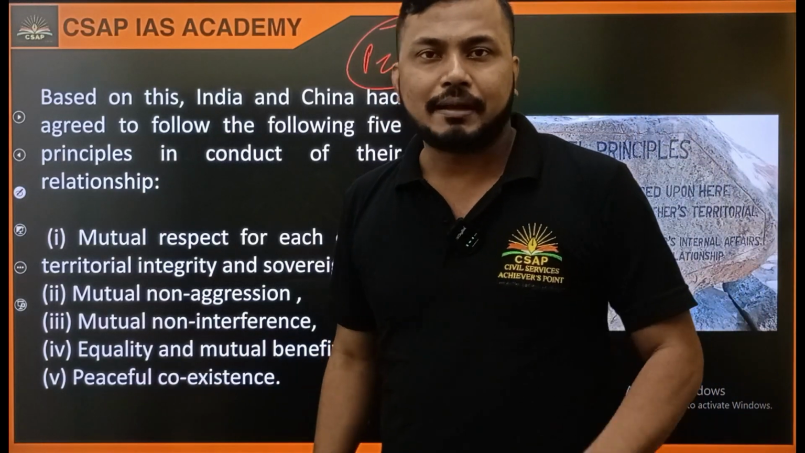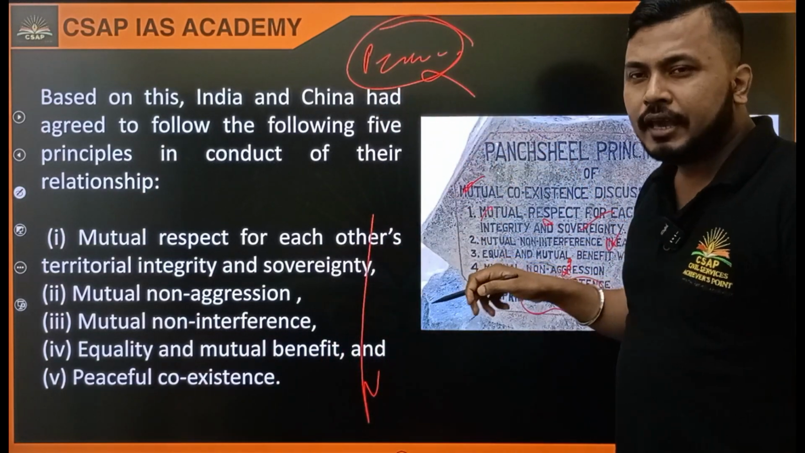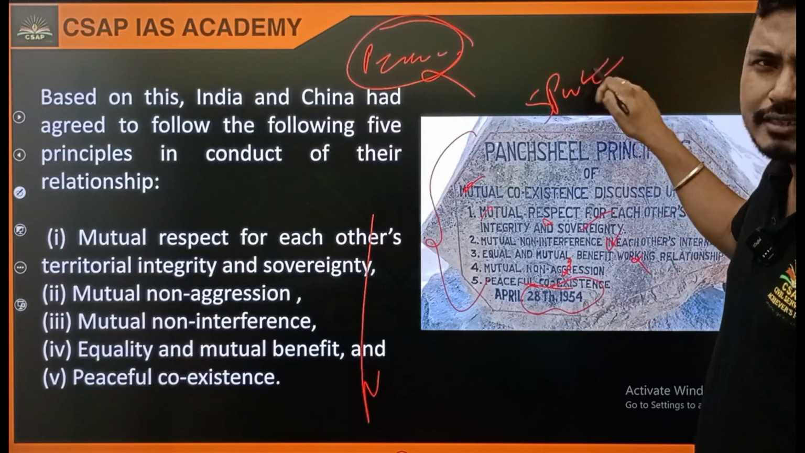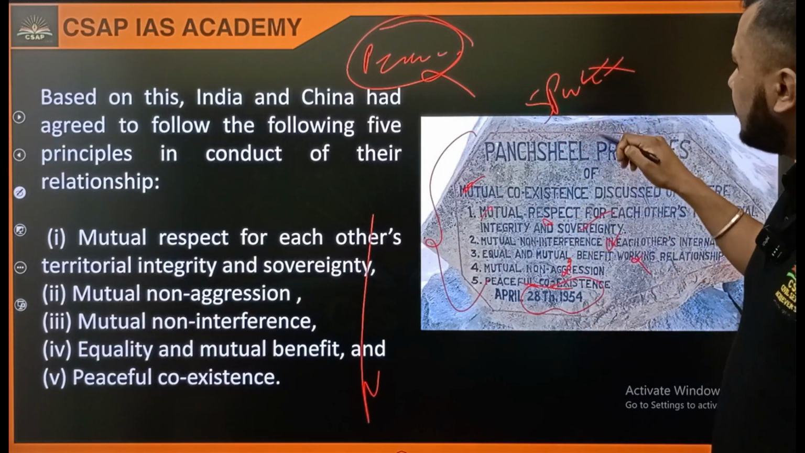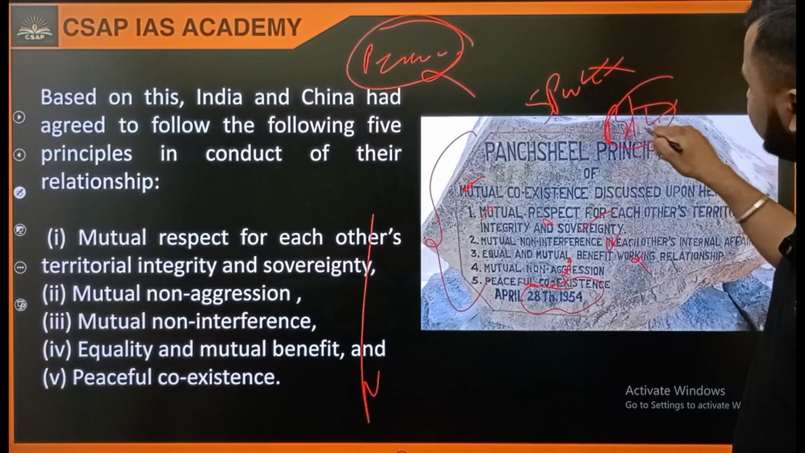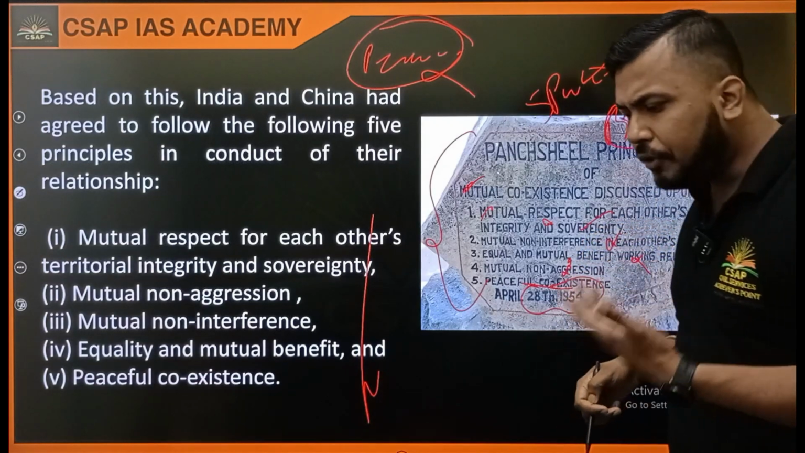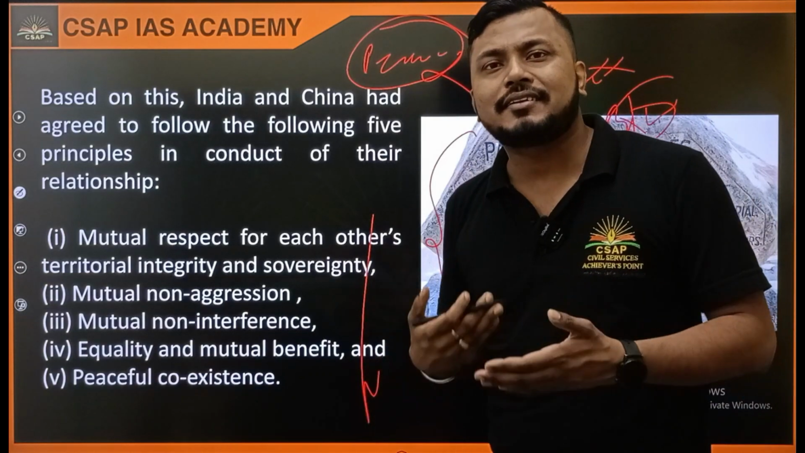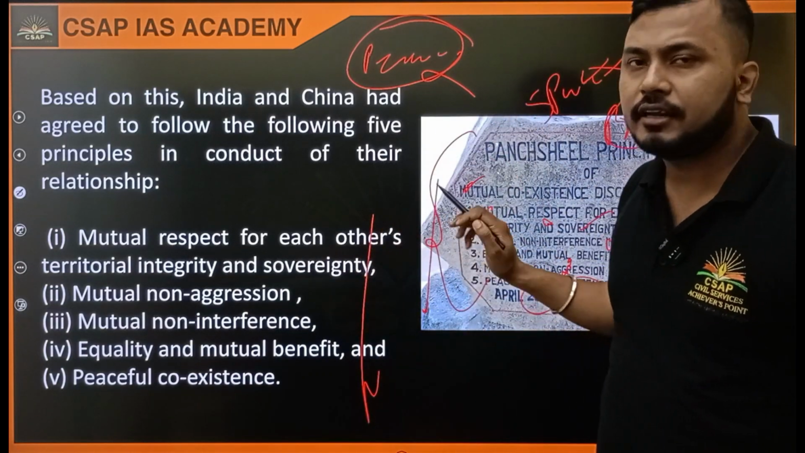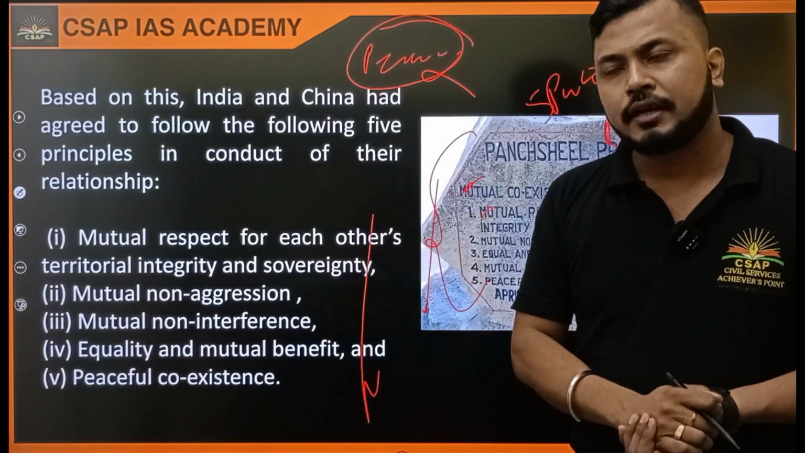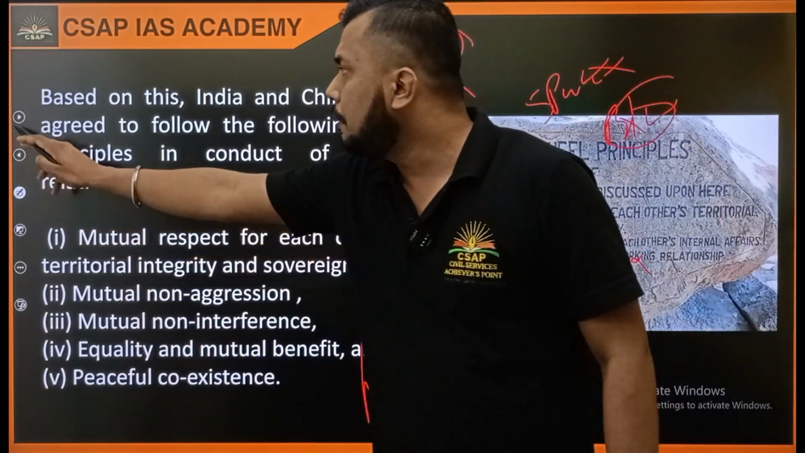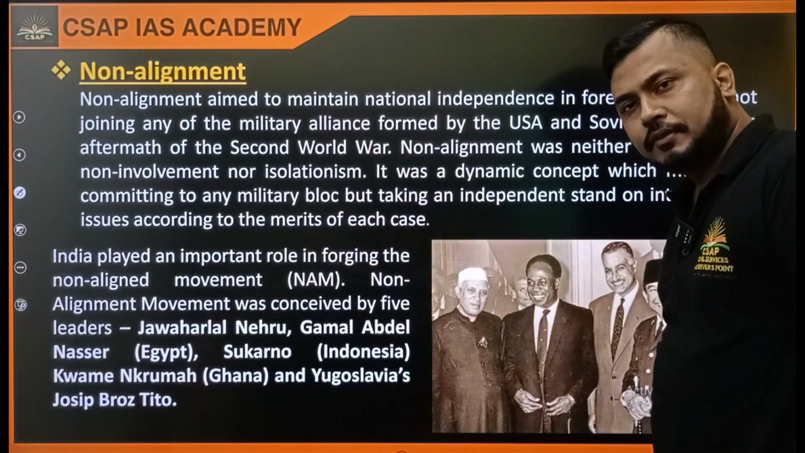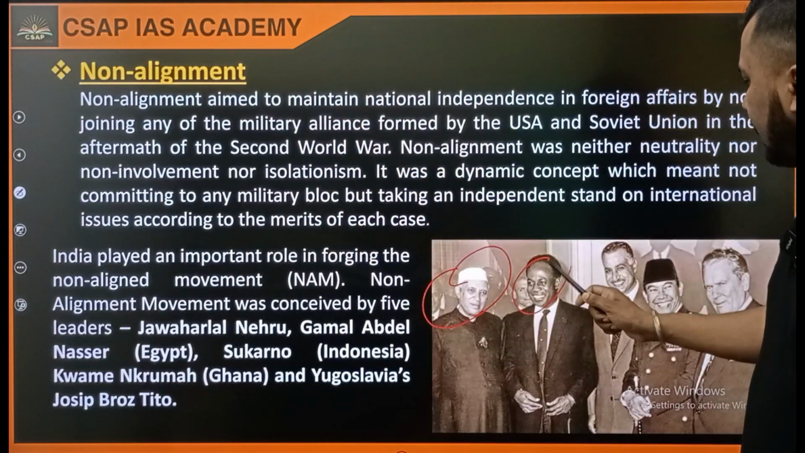Asia. But we see that this is never followed. Now, can I say that these five principles are followed with Pakistan? Obviously not. Are these five principles followed with Bangladesh? Obviously not. So at some point of time it is difficult for countries to maintain relationships with respect to these five dynamics. That is what we discussed in Panchsheel. Then another principle we had was non-alignment. You can see these five figures